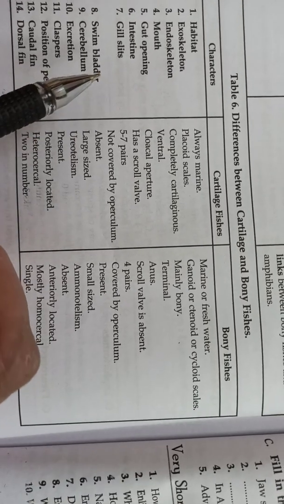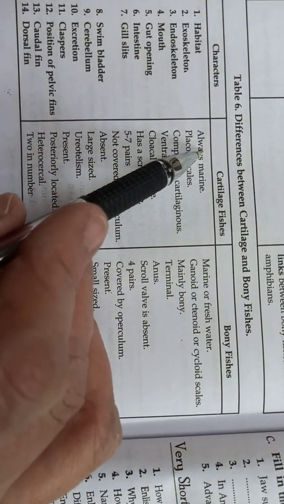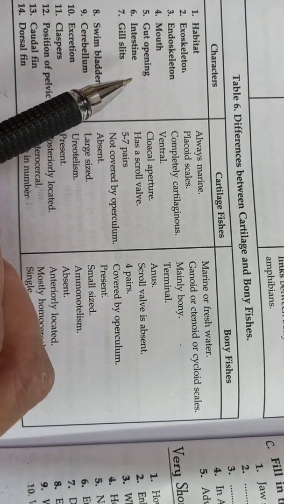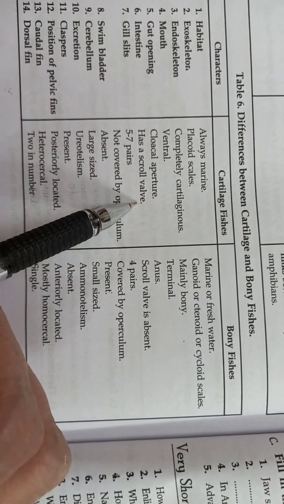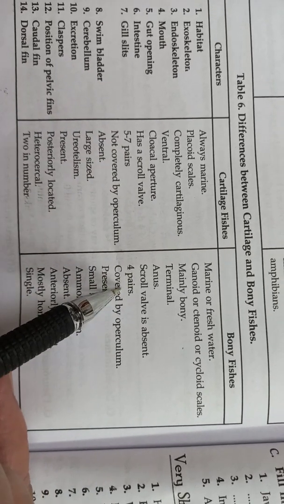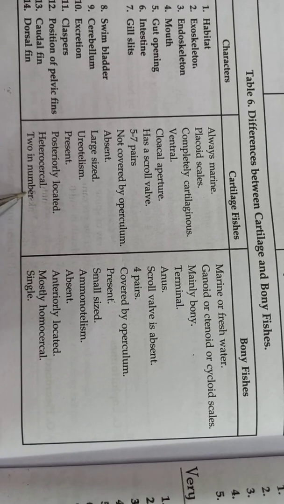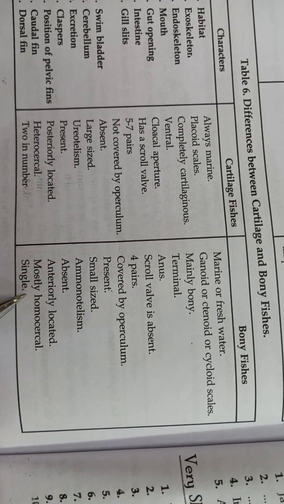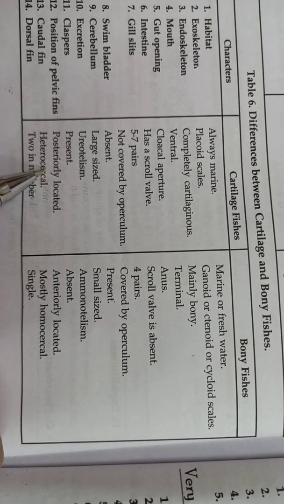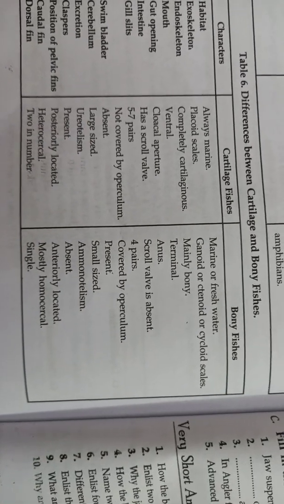The important ones I'll just tell you. Swim bladder absent, here they are present. They are always marine, they can be both marine or freshwater. Then you can see they have the spiral valve, here it is absent. Number of gill slits 5 to 7 pairs, here there are 4 pairs. So do all these. Here you can see the dorsal fins are always 2 in number. Here there is a single dorsal fin. Caudal fin is mostly heterocercal, here it is homocercal. So I think you will learn these points also. So with that we complete